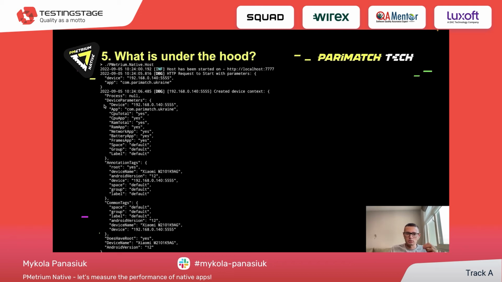It takes some default settings or overrides some settings which have been passed to the start endpoint, because we passed only two parameters, but PMetrium Native supports other parameters as well. And we build a full device context, getting some information about the device automatically, the Android version as well, and then